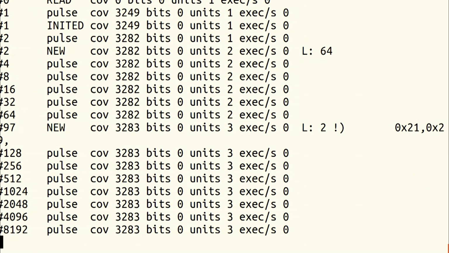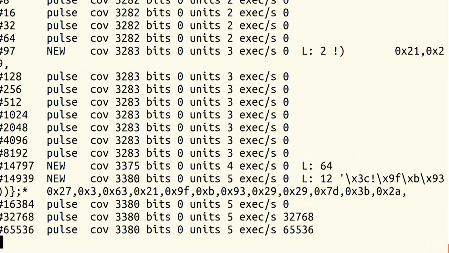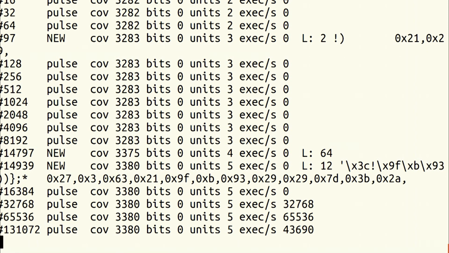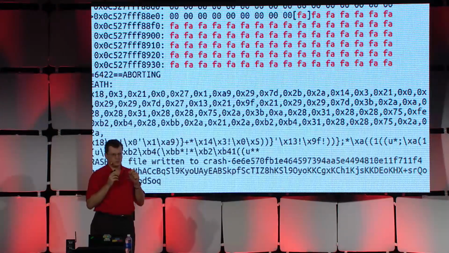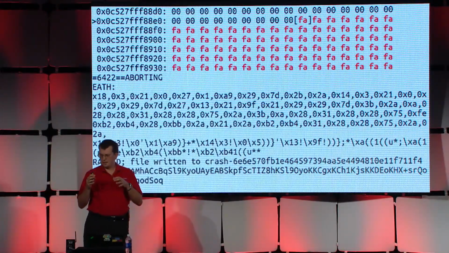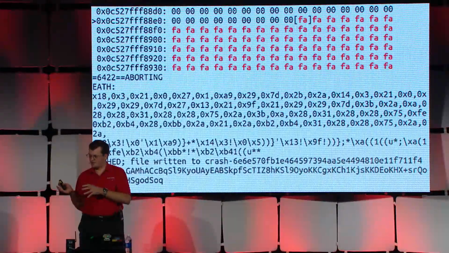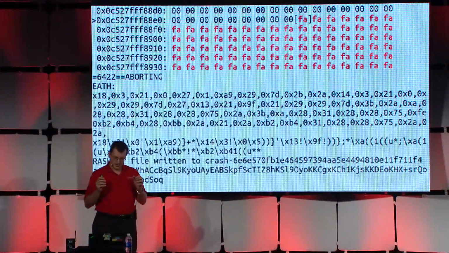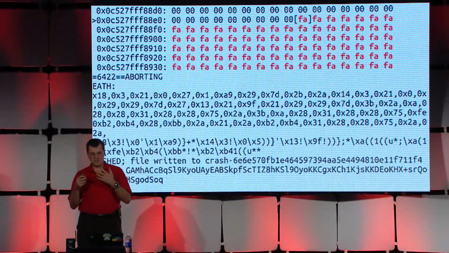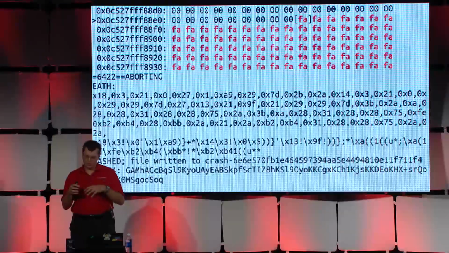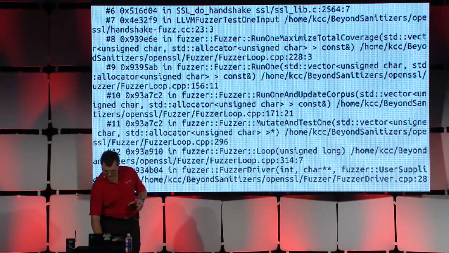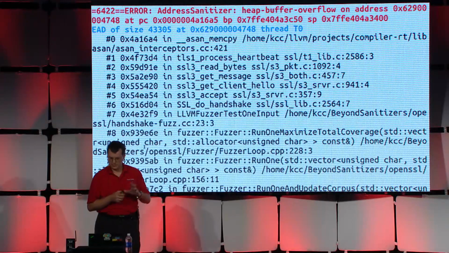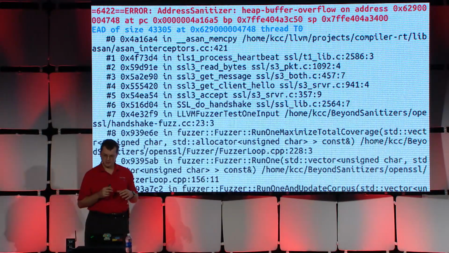So I'm running the fuzzer without any initial corpus. It knows nothing about OpenSSL. It has no clue about the data format. All it does, it tries to put some random bytes, mutate the existing tests, and if the mutation is good, based on the feedback we get from the compiler, we add this mutation back to the corpus. I haven't finished talking about this when the fuzzer coupled with AddressSanitizer found the bug.